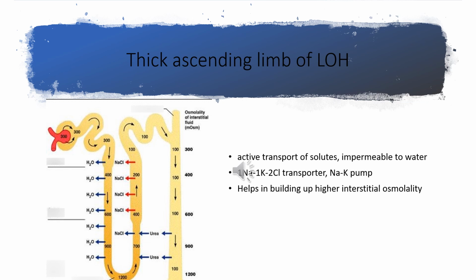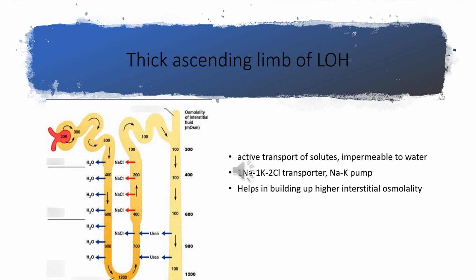We know that there are one sodium, one potassium, two chloride transporters in the luminal membrane and sodium potassium pump in the basolateral membrane. So due to the activity of these pumps, these solutes will be actively reabsorbed from the tubular fluid into the medullary interstitium, and since it is impermeable to water,